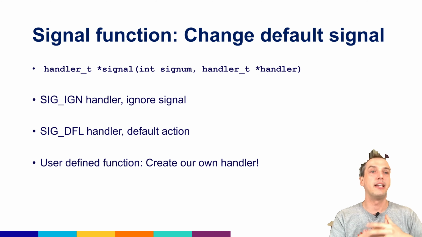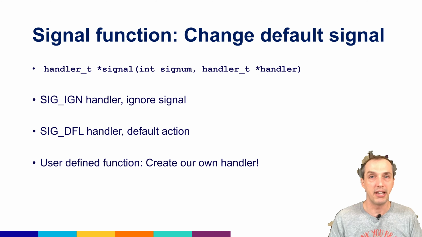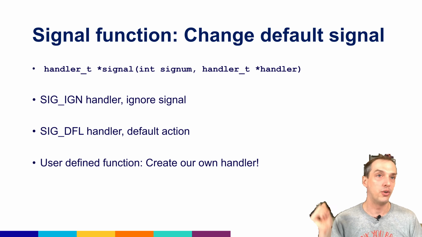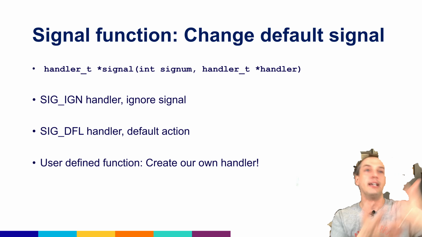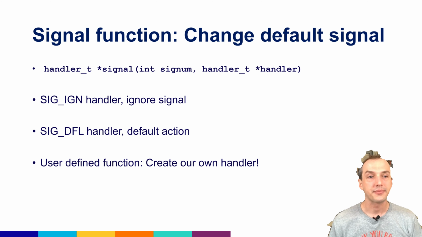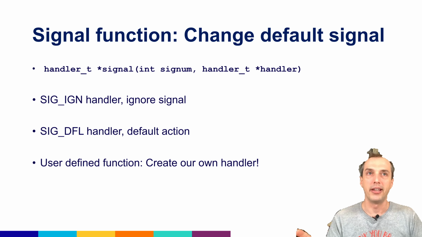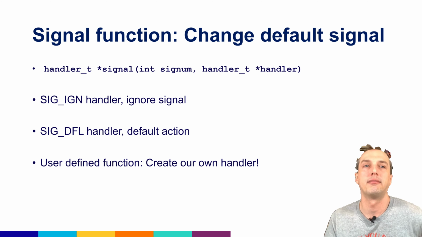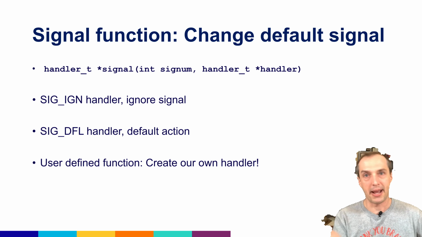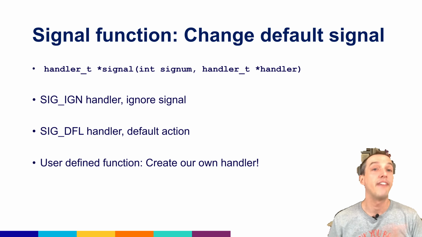SIG_DFL. So if I install a signal handler called SIG_IGN, that just says ignore this signal. I don't want to do anything as a result of this signal, or I can set the handler back to the default action, which, if it was SIGINT, is terminate the program. If it was SIGUSR1, it's do absolutely nothing. SIGCHLD, do absolutely nothing. You can set it back to whatever was supposed to happen after you have defined it